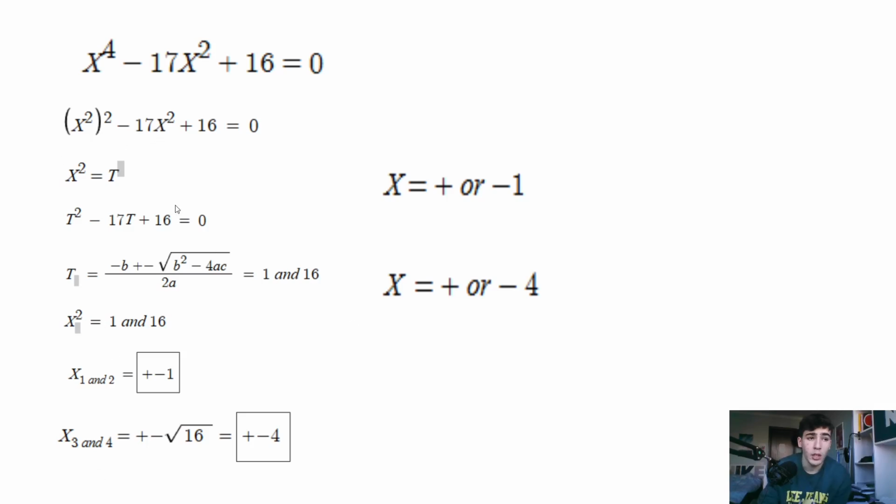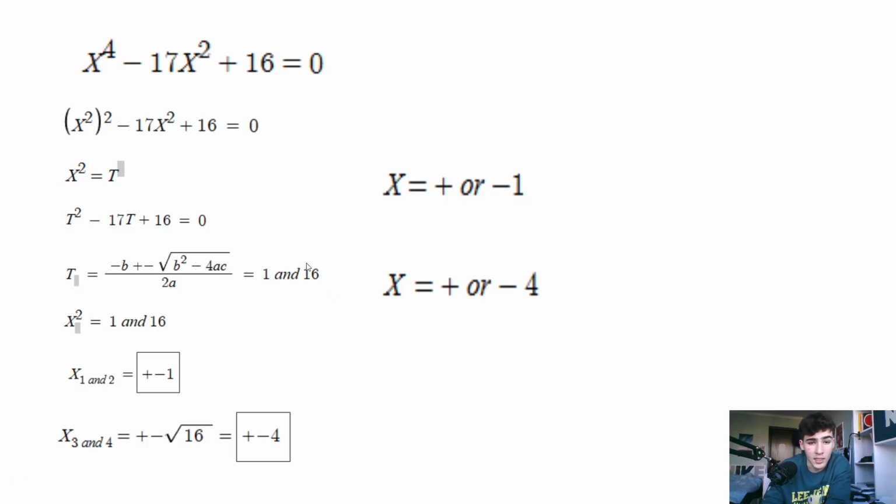Well, it's pretty simple. If you want to make this look like a quadratic equation, we have to make this variable not powered by something, not powered by 2 or 3 or 4. So let's make x squared t, and we have x squared here, so this is going to turn into t, and this is going to turn into t squared. We have x squared here, so it's going to turn into minus 17t, and plus 16 is going to stay plus 16. And then we can just do the quadratic formula here, and we can find what solutions t has,